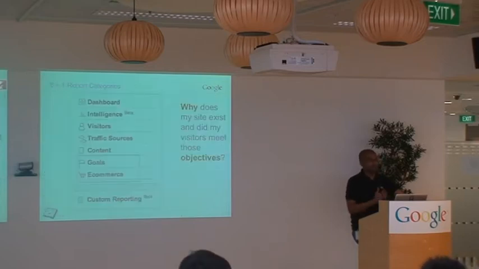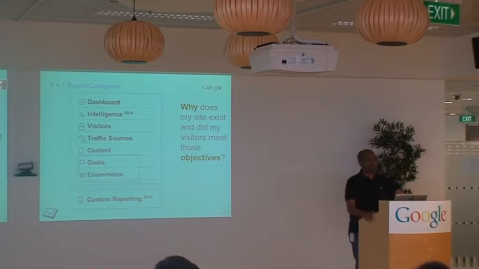And then we have goals and e-commerce. As David mentioned, this is something that's really important. Every site, every application out there has a set of objectives. And you can define these as goals in Google Analytics. And under Analytics, you can create profiles, and you can have up to 20 goals per profile. So I say it's a waste not to use all 20 of them. So every site probably has a major goal, right? So you want to sell something, you want somebody to sign up to a newsletter.